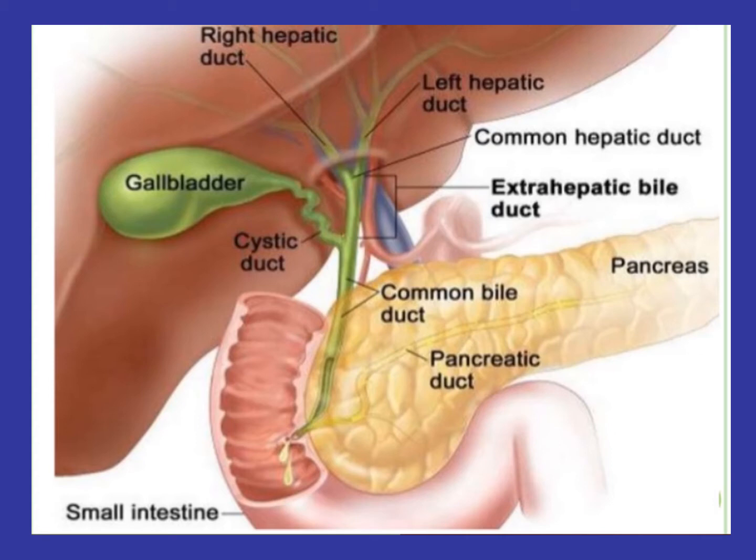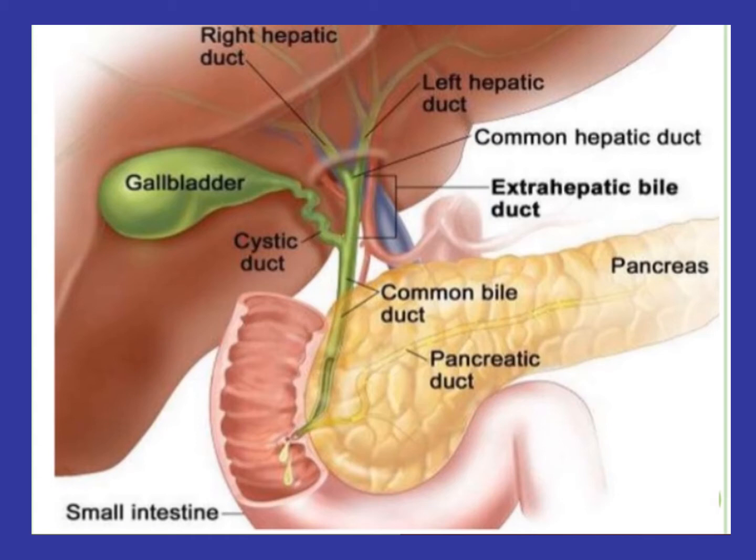The gallbladder is a small structure which lies beneath the right lobe of the liver. Its main function is to store the bile. The bile which is formed in the liver is stored in the gallbladder while the sphincter of Oddi is closed during that period, otherwise it goes directly to the small gut. And this common bile duct, you can see here the structure, the right and the left hepatic ducts,